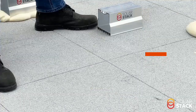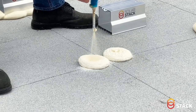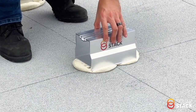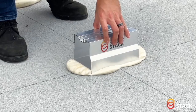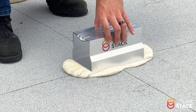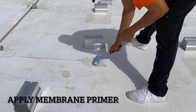Simply spray the polyurethane foam adhesive directly onto the roof membrane, press the Solar Stack mount down onto it, and repeat. No mechanical attachments or ballast systems and no roof penetrations required. If this sounds quick and simple, it is. 150 mounts can be installed in just 15 minutes. The adhesive foam cures in just 30 minutes, and after that, panels can be attached to the mounts using standard